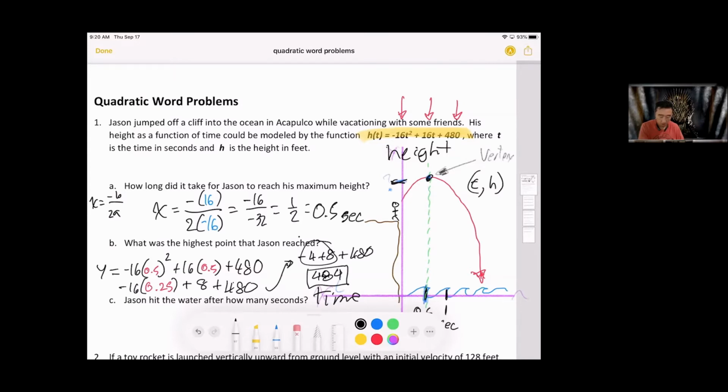right? Yep. So what is the height of Jason right here? What's the highest? 484 feet. Very good, 484 feet, right? So if that's 484 feet,